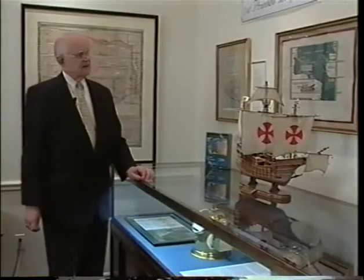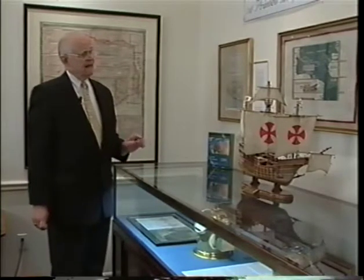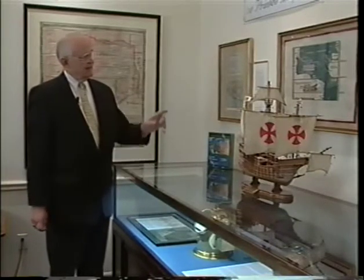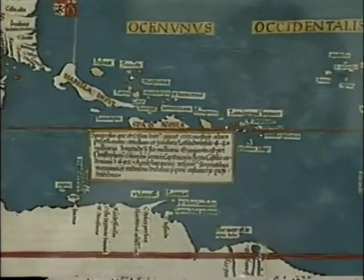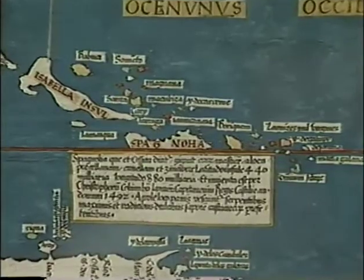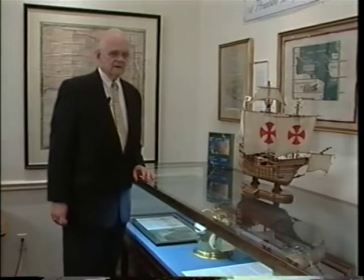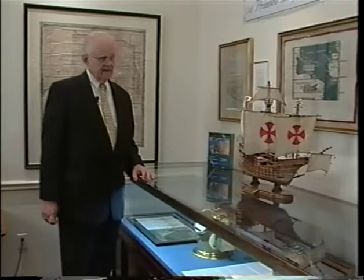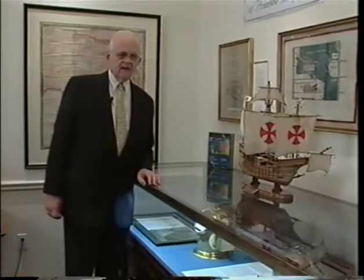Let's talk about this first section here, which is entitled First Printed Maps of the New World Discovery. The first map that was ever printed having the name of America on it is at the far right of these 3 maps on the wall here. This middle map was made by Martin Waldseemüller in 1525, and he finally recognized Christopher Columbus on that map, because prior to that, on the earlier map that he did of 1507, he only was acquainted with Amerigo Vespucci, and so our country is named America after Amerigo, who was a friend of the map maker, who made 1,000 copies of the map, and they were dispersed widely through Europe, and the name caught,